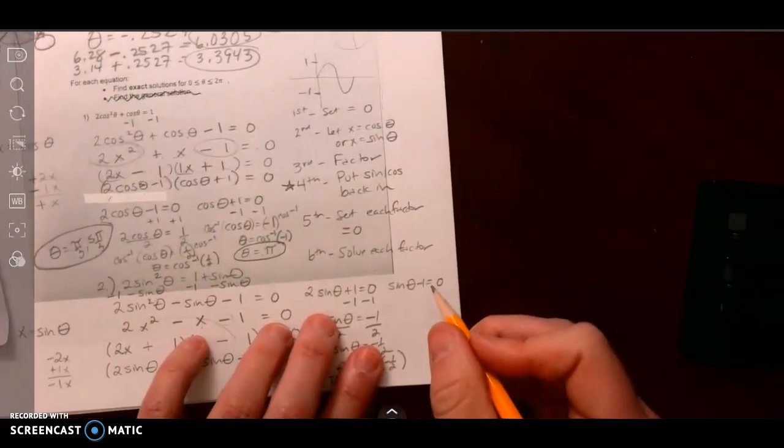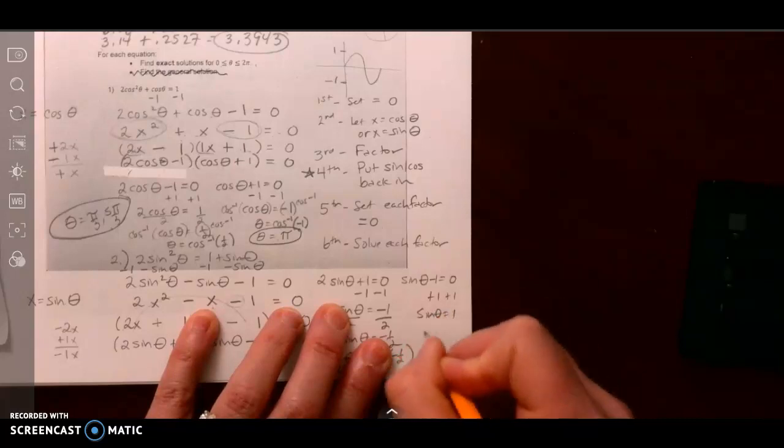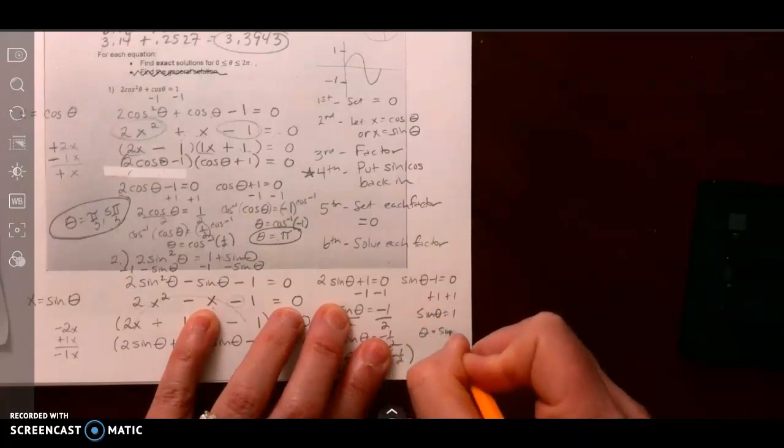And for this one, I add 1 to both sides. Sine of theta is 1, so theta is the inverse sine of